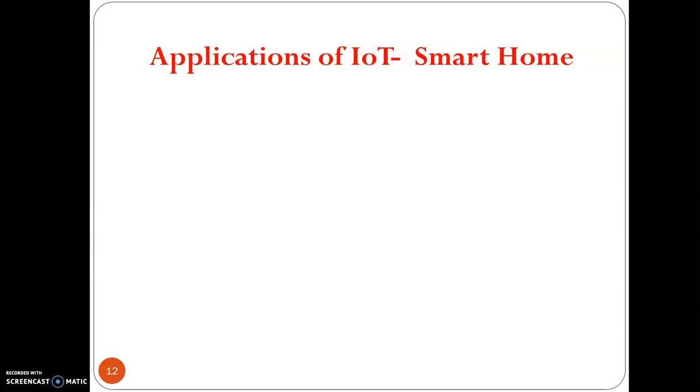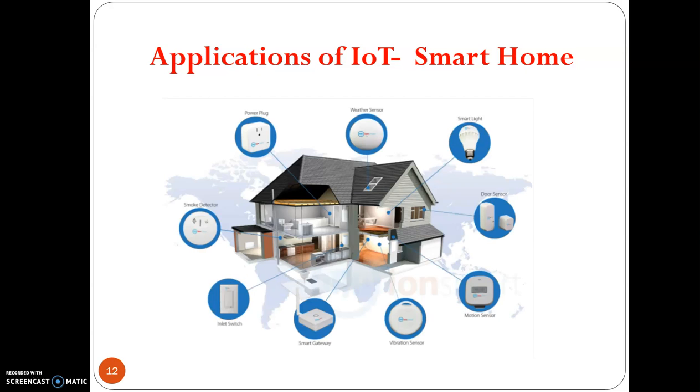Now, the first one is the smart home. IoT has several applications such as smart lighting that adapts the lighting to suit the ambient conditions, and smart appliances that can be remotely monitored or controlled. I may have a gas sensing system installed in a kitchen, and I can receive the alert from that gas sensing system on my mobile. So by sitting in an office, I will come to know whether things are going well in my kitchen or not. That is the way I can make a complete home a smart home.